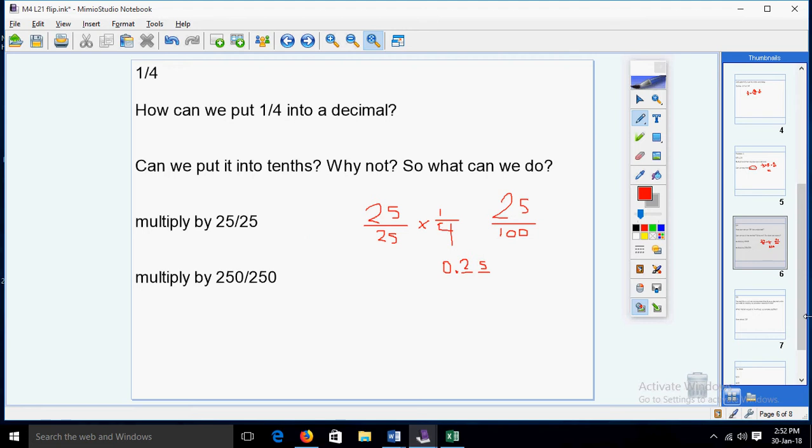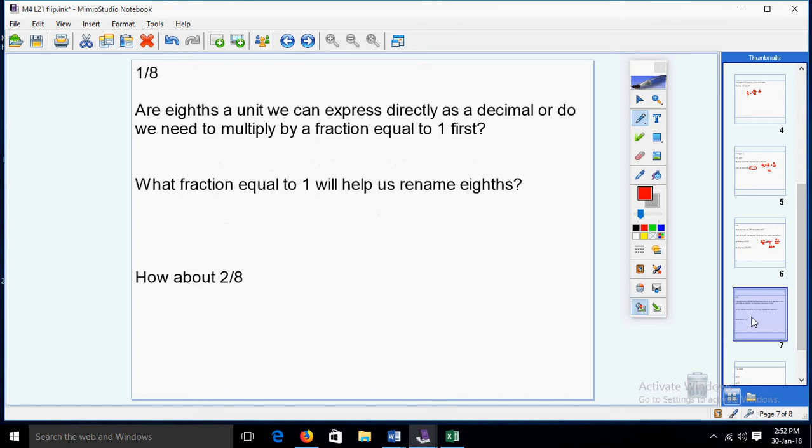All right. That one was still a little bit easy. Let's see if we can do 1/8. Now, this is a little bit harder, okay? We cannot multiply 8 by anything to get 10. Can we multiply 8 by anything to get 100? No, we can't. So, my question is, can I multiply 8 by something to get 1,000? The answer is yes. All right, now, easiest way to do this, right, is to do 1,000 divided by 8,